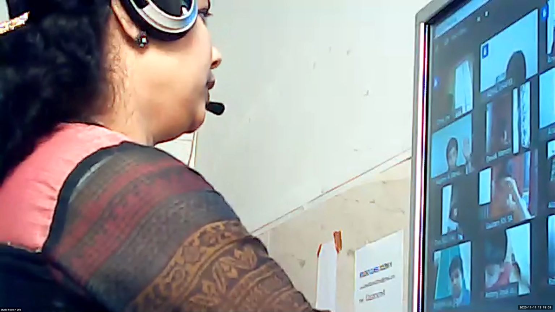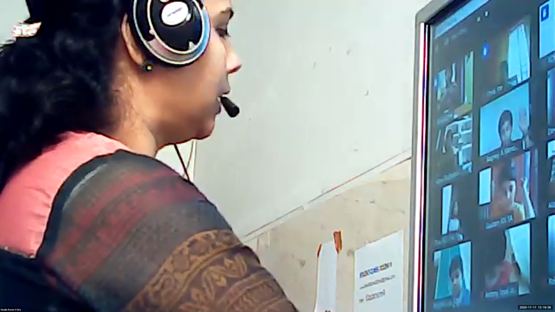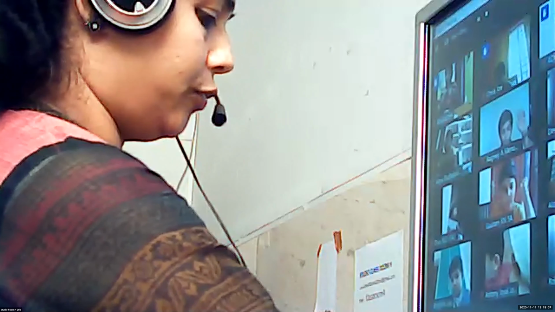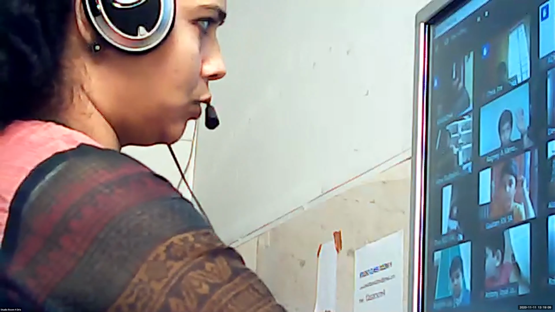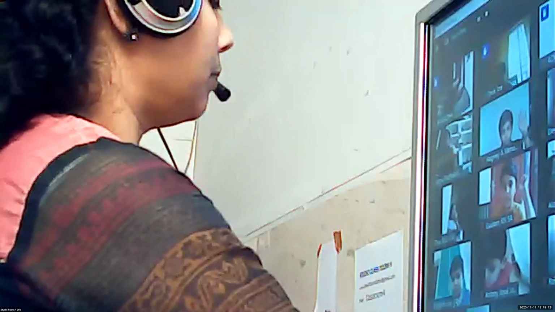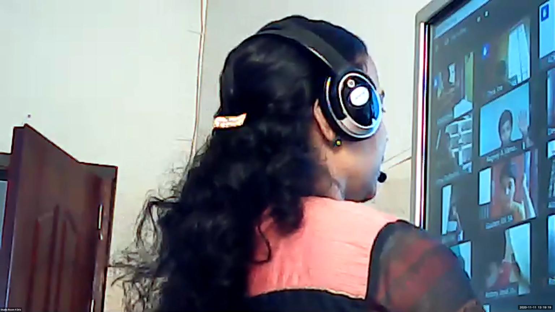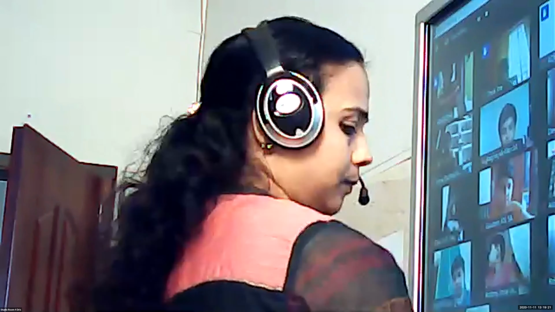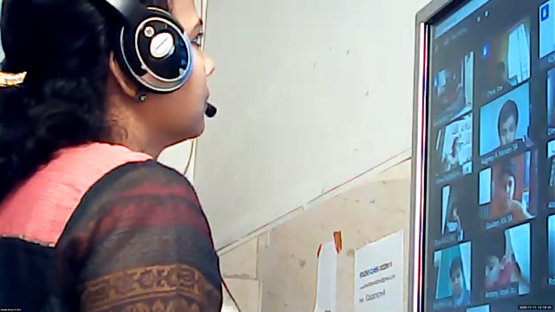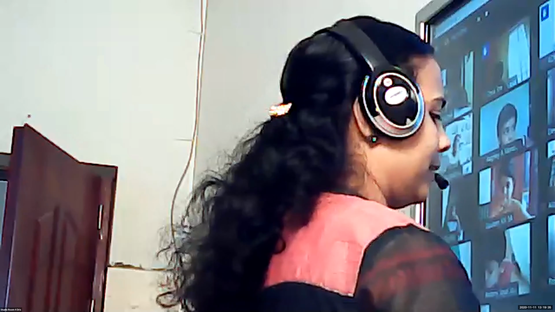So like this, you can see the multiplication table also. 24 and 42 are in which multiplication table? That also we can do, to see which number we can divide. Okay, can you say the answer, children? Which one did you get? 24 divided by 42. 4 by 7. Very good, 4 by 7. Which is the highest common factor? 6. So divide by 6, you can directly write the answer.